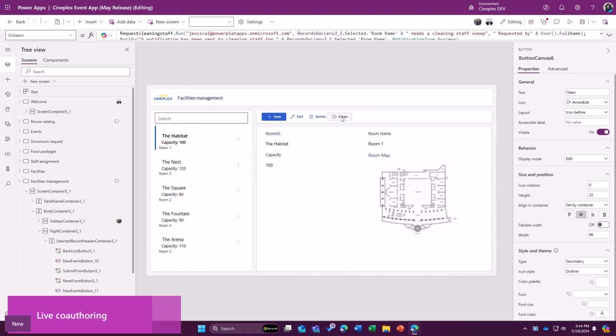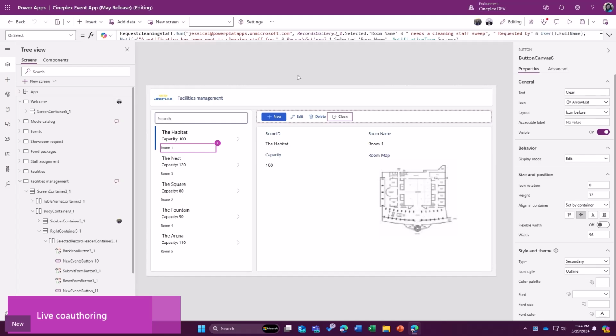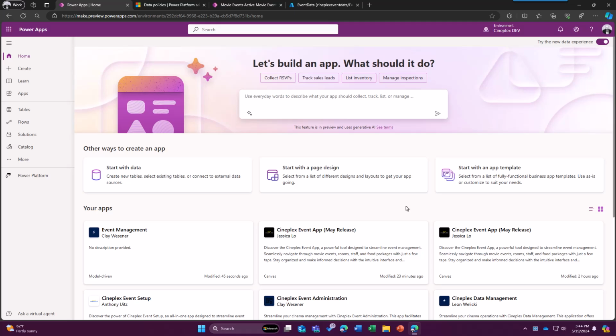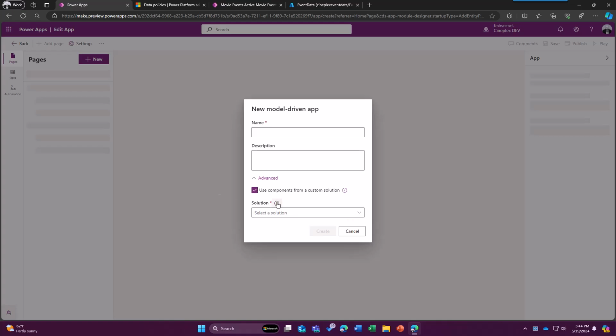Let's test out the changes that Jessica and I made by selecting the button. It works. Allowing multiple people to edit at once through co-authoring will supercharge how fast customers are able to build and deliver their applications. So far, we've been focused on our Canvas user experience, enabling developers to build custom UI